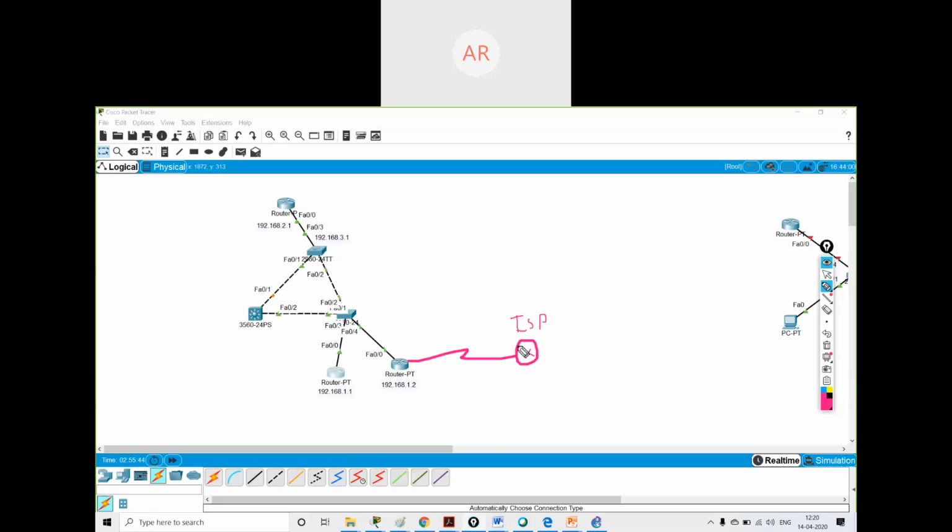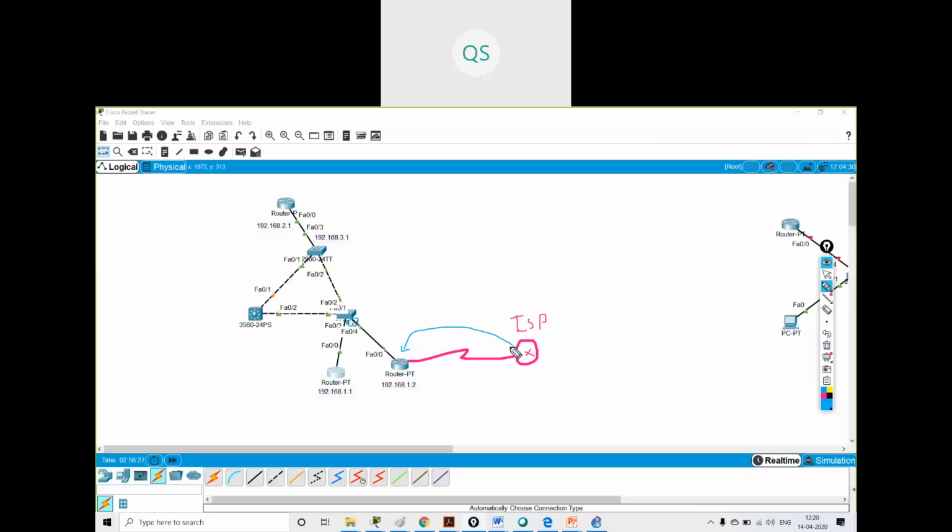So what I want is that this router should not get information about my network, about my neighbor devices. So what I will do is disable CDP on this port, on FastEthernet 0/4, so that whenever any device tries to get information about this device, it will not get reflected in the table. Understood?